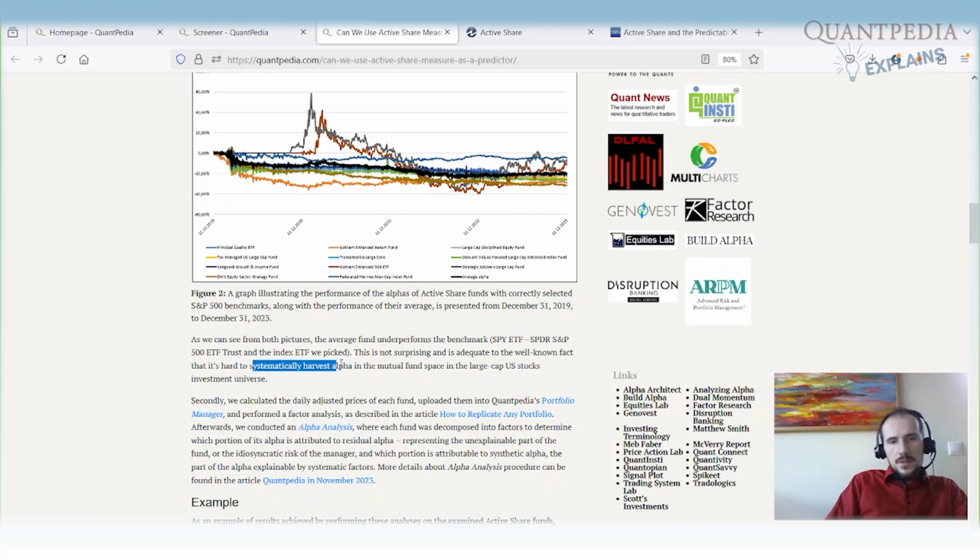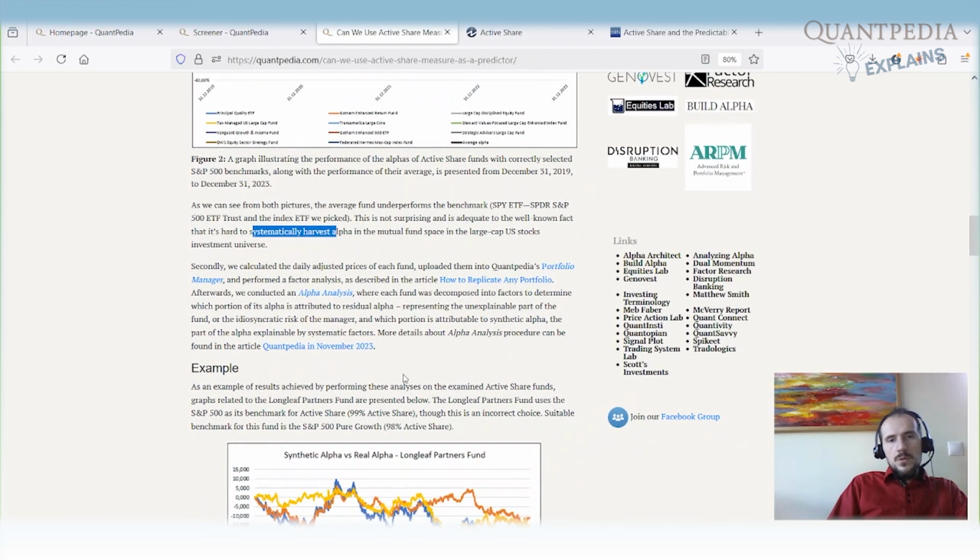It's not surprising. It's very hard when you are in the mutual fund space to beat an index fund. Usually hedge funds have better performance, but nevertheless, this is how it looks. So the question for us was, what is the source of that, and if it has something to do with active share, can we use active share to distinguish which funds perform better or not, etc. So for that, we ran the decomposition of each fund portfolio.